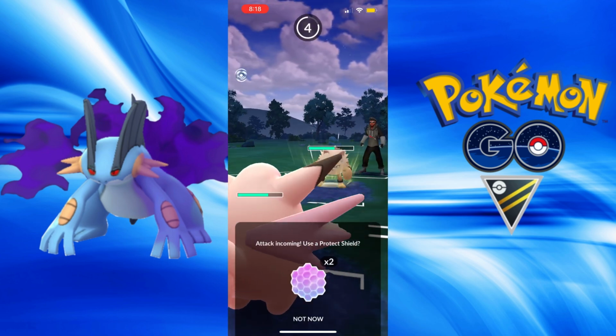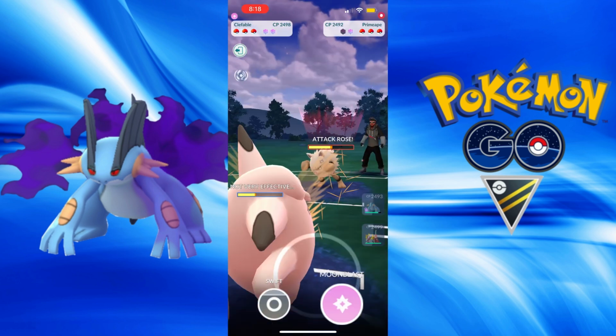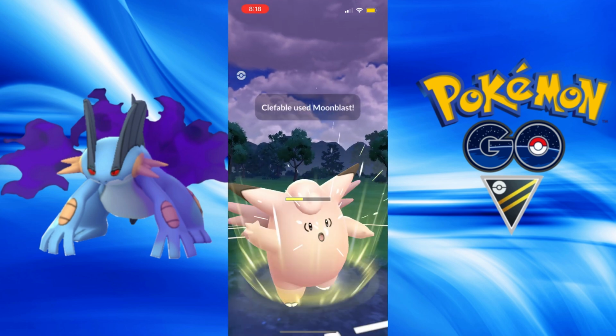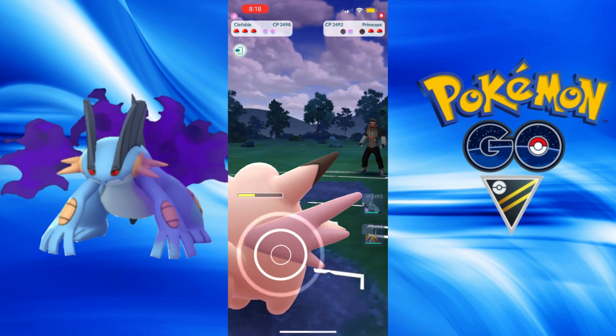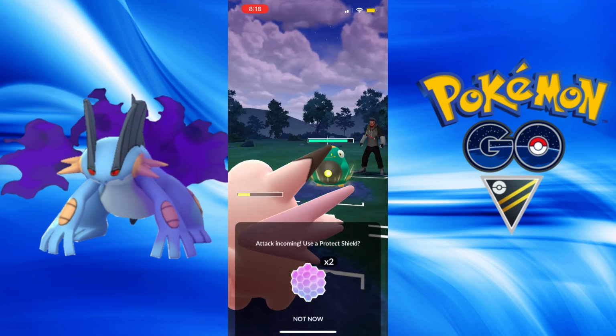Good things to keep in mind. And I do love having Clefable for Primeape. I really should have built a Primeape at this point. But we're getting the Rocket event upcoming. Got an amazing Shadow Mankey for